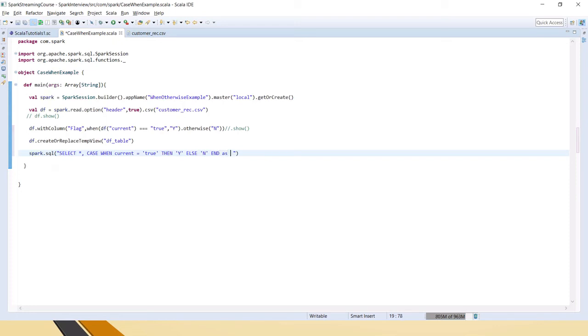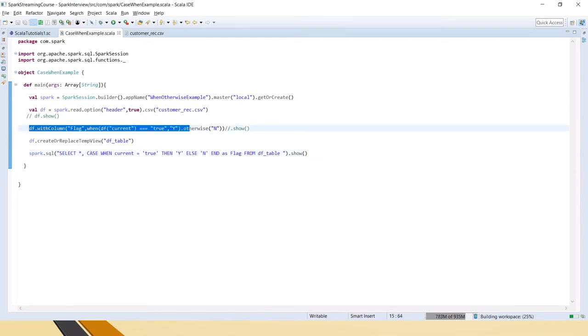Then we have to give a name, so as flag. The from clause is very important in SQL select queries, so we give from this temporary view we just created, df_table.